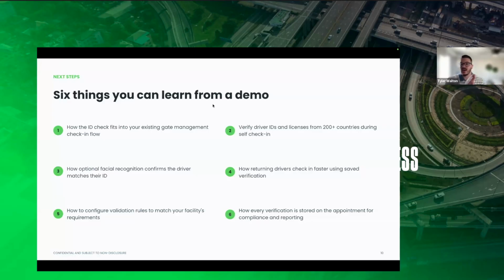So the last thing I wanted to relay to everyone that has joined or is watching this is the 6 things you can learn from just talking to your AM and maybe getting a demo like this. And talking to your account manager or even our sales team if you're not on Opendock or if you're a new location looking at it. I don't want to bore you and go down all 6 lines here, but I do want to let you know that by talking to our AMs and someone on the team, you can then go into